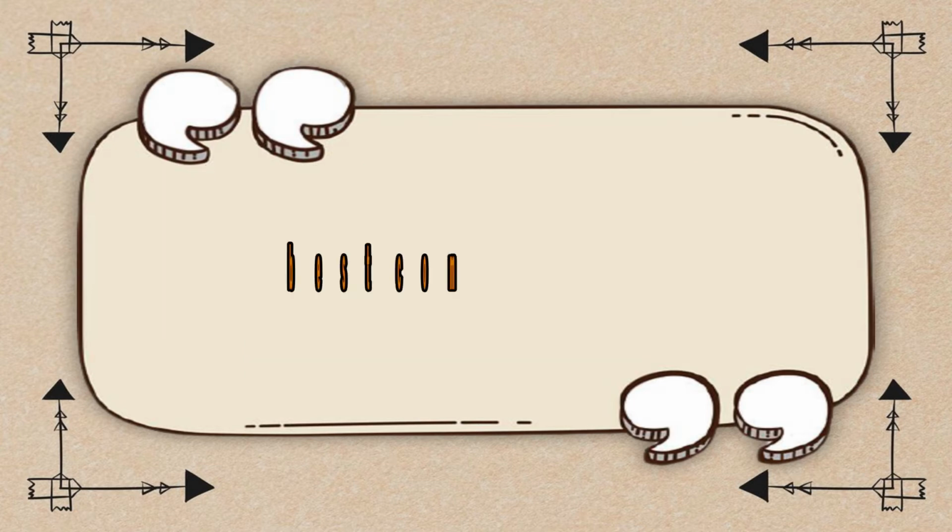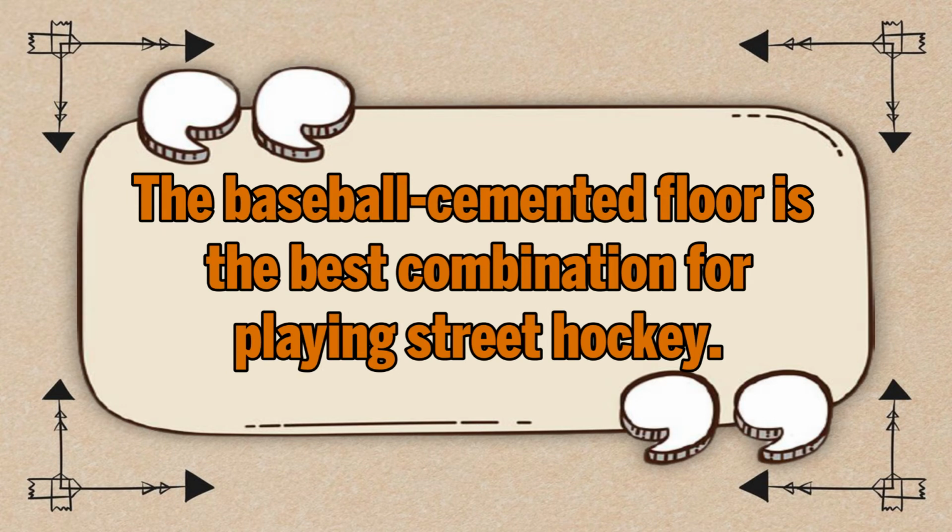On the other hand, the best option for playing street hockey would be the baseball and the cemented floor. The weight of a standard street puck is 0.130408 kilograms, and since the mass of the baseball is closer to the puck's, despite the shape difference, you would be able to apply the same force as you would with a typical puck and have an accurate shot. Lastly, since the other balls would bounce more, hitting them would result in an inaccurate strike.